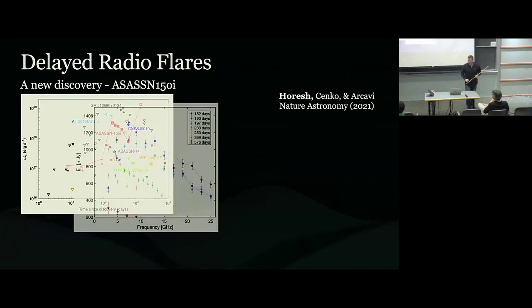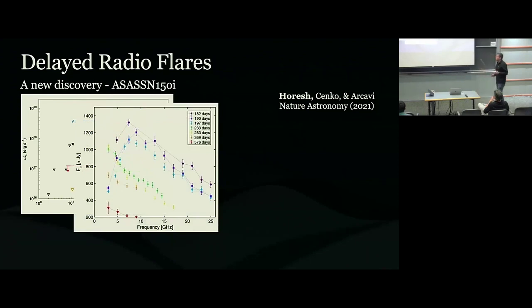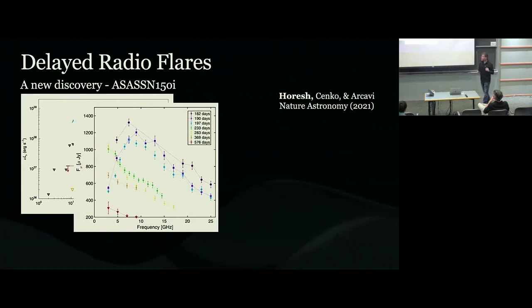So what did we find out? We triggered VLA right away. And this is the spectral evolution of this initial delayed flare, which was also odd. We can see the spectral peak. The optically thick side is rather shallow, actually. It's more like nu to the power of 1 instead of the power of 2 or 2.5 that you usually